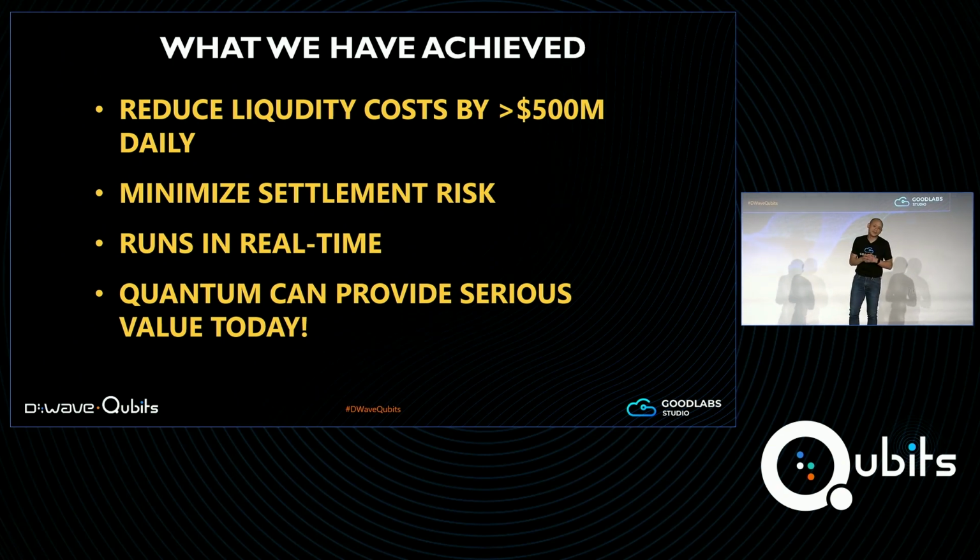So what have we achieved in the project? Number one, very, very important. Based on the old data that is actually provided by the Bank of Canada to us, where the daily volume is actually much lower than the current state. Instead of $500 billion, the old data has roughly around 200 billion on the daily basis, where the model and the algorithm was able to prove that we can actually reduce the liquidity cost by, on the average basis, over $500 million on the daily basis, and very often we can actually achieve over $1 billion. And at the same time, without any significant increase on the settlement risk because of delay.